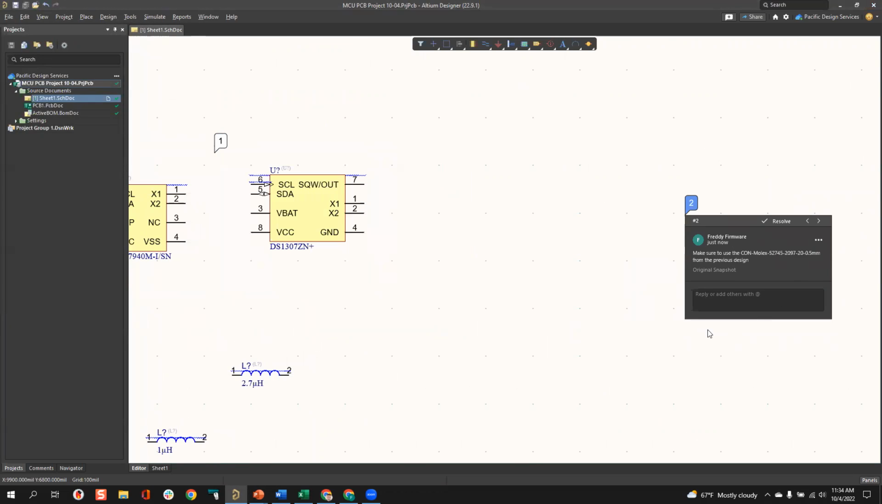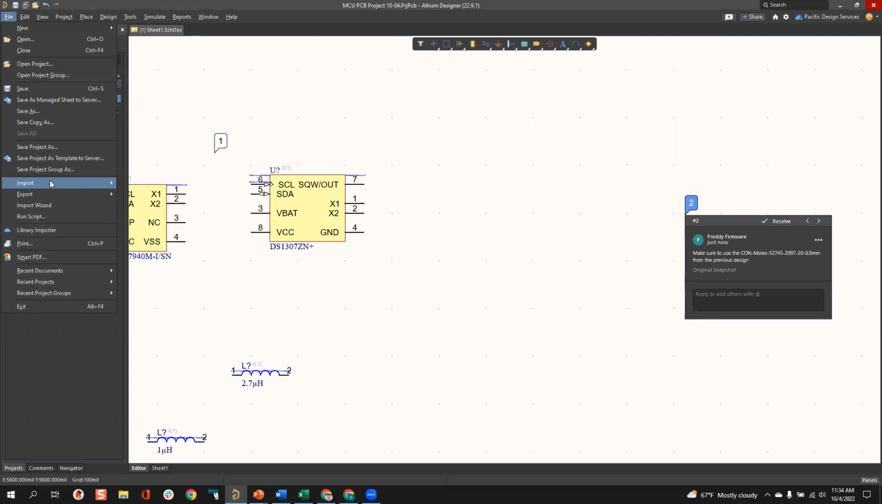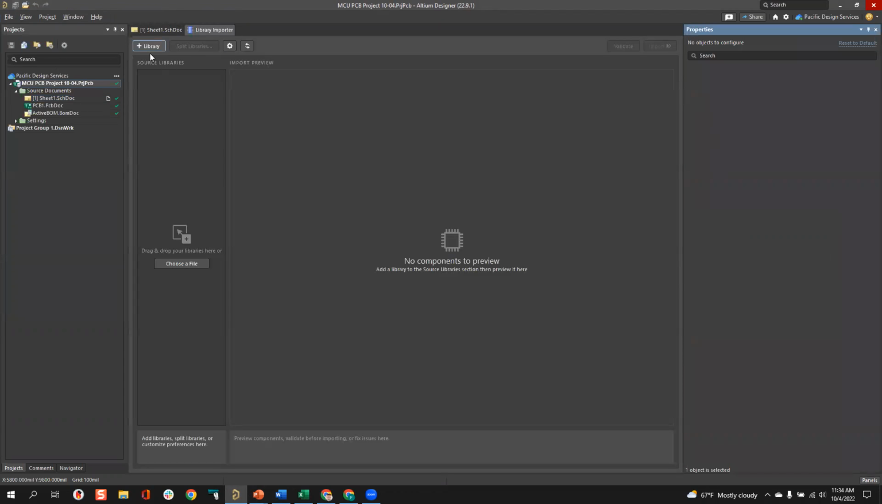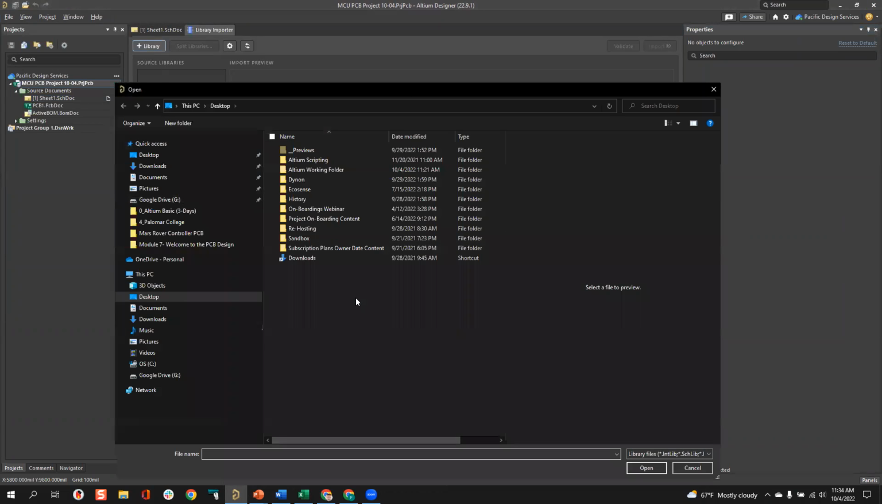And this situation here is that I know I don't have this component in my library, and so I actually want to show you how to migrate an entire library, and this is probably how you're going to load up your library at the very beginning, to be honest. If I come into import, library importer, file library importer, I can go ahead and open up this library importer and say library and go in, and it's going to ask me